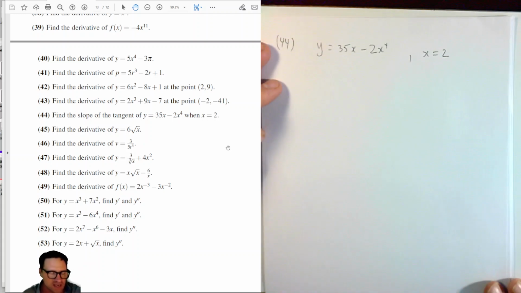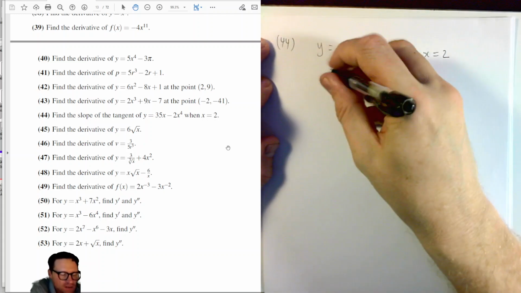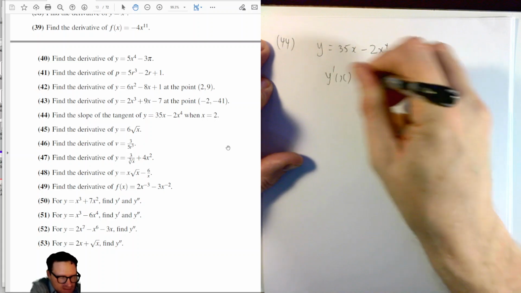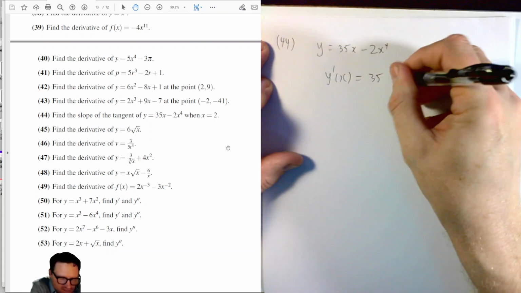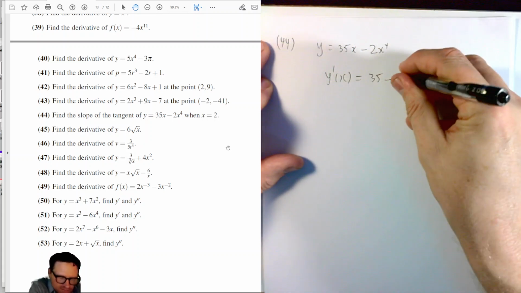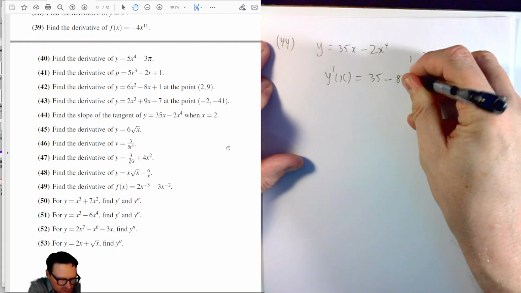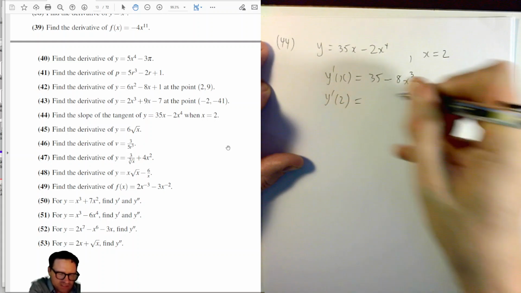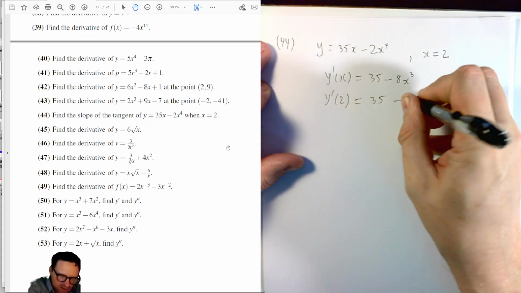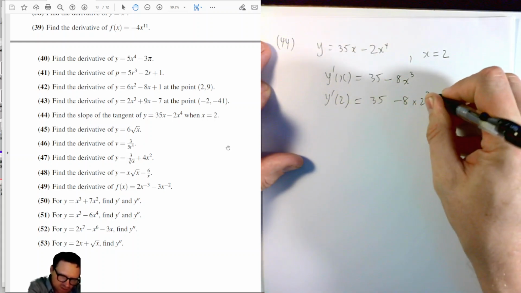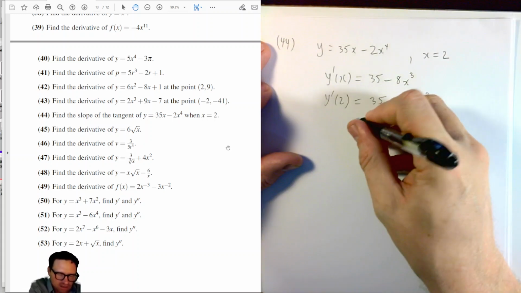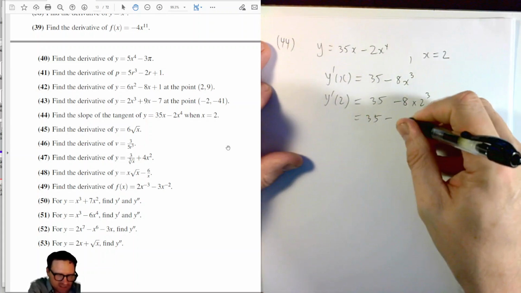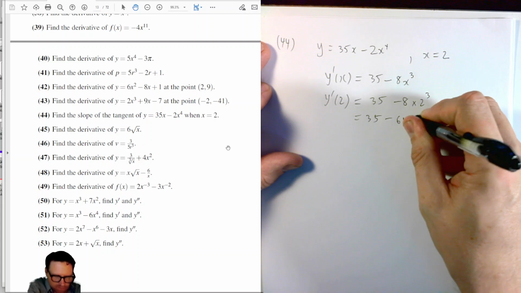Okay, so the slope of the tangent is the slope of the function. So y dash of x is 35, 2 times 4 is 8, so this is our first derivative. Now y dash of 2 is equal to 35 minus 8 times 2 cubed. 2 cubed is 8. So we have 35 minus 64,